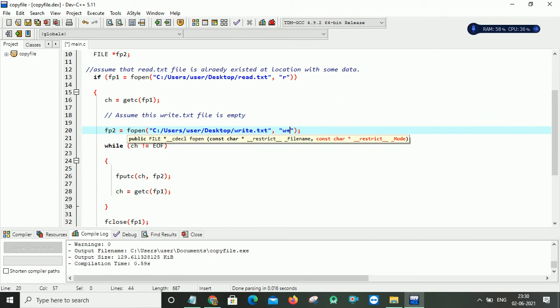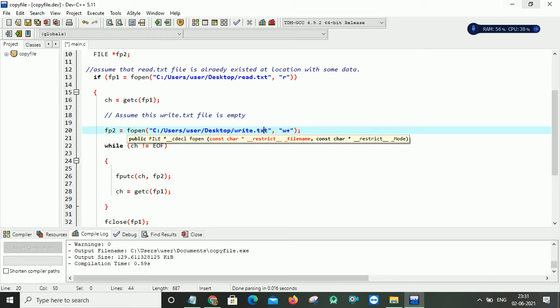But here what's happening is the file truncates to the 0th position, that is it will take your cursor to the beginning position. Now this file does not exist at my desktop. So what will your C compiler do? It will check it does not exist, then it will create a new file with that name on the specified location.